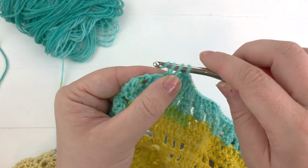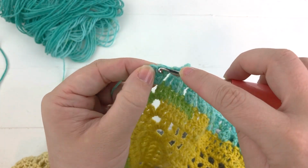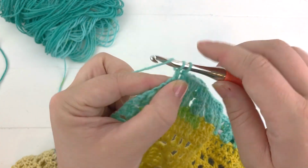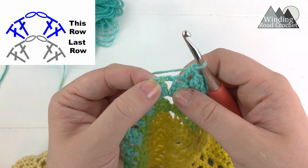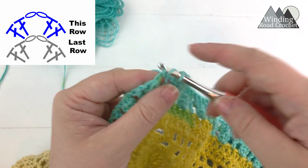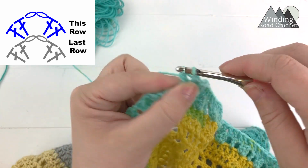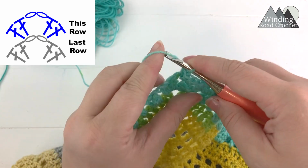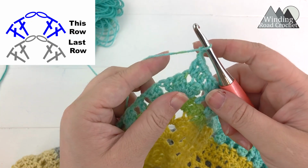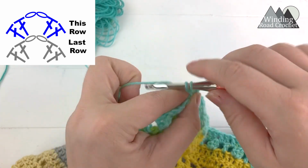We'll double crochet into the last chain space, double crochet into the top of the cluster stitch, and then working into our chain 2 space, we're going to do 2 double crochet, chain 2, 2 double crochet. Chain 1, chain 2, 2 more double crochet,